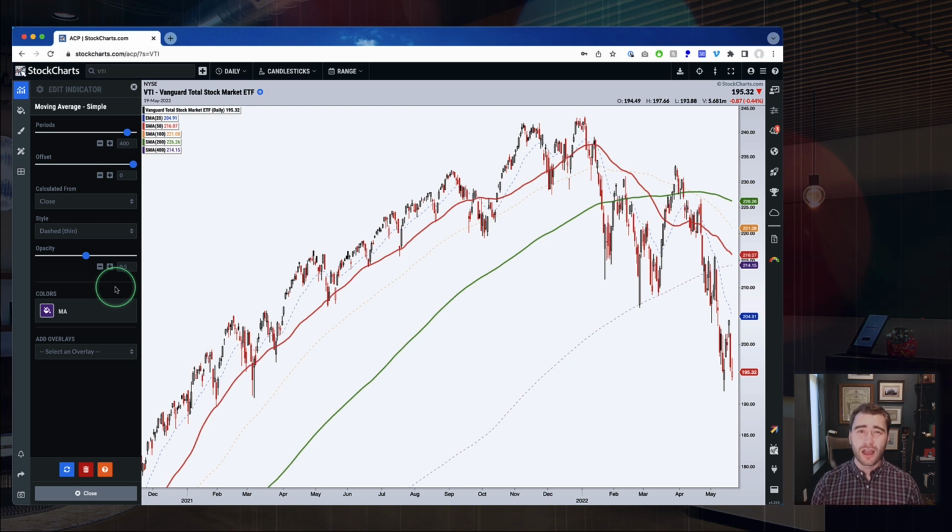So I want to keep an eye on the 20-day exponential moving average, but I don't want that to really dominate the screen. I don't want that to get in the way of my other analysis. I don't want that to muddy up my thinking. So by having this faded out as a thin dashed line, I find that it helps me prioritize the 50 and the 200 over some of those other moving averages like the 20, the 100, and the 400. So this is our first stop on today's show,